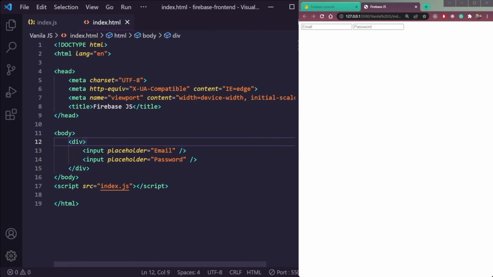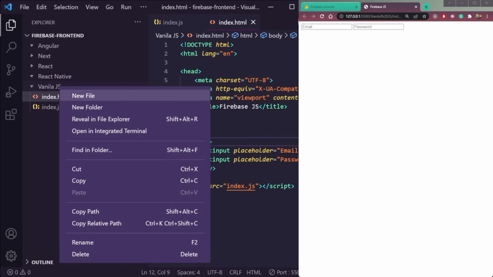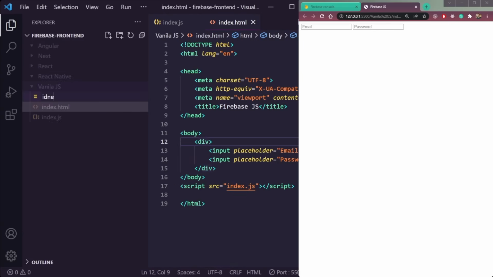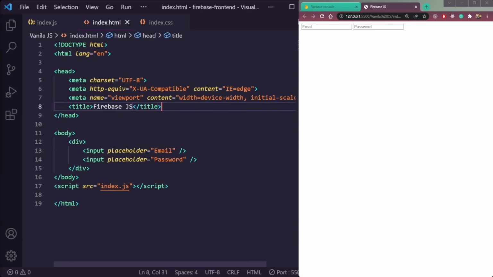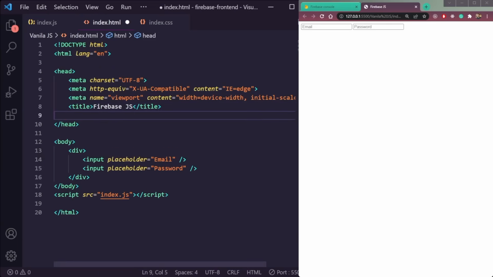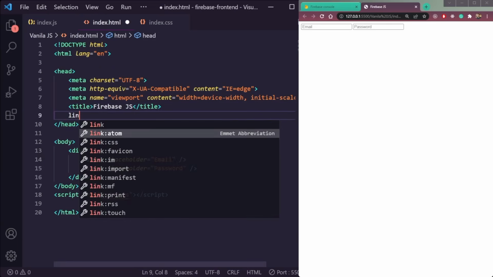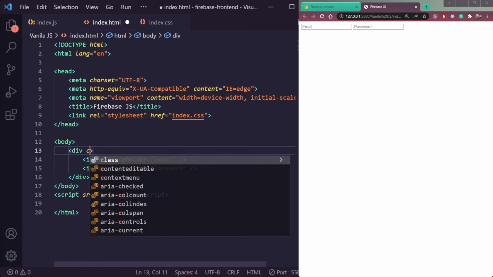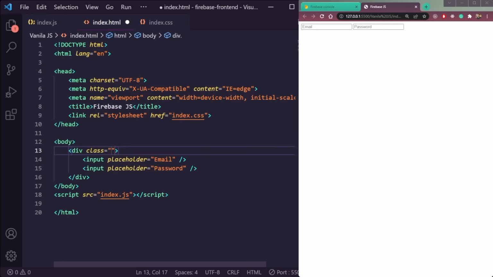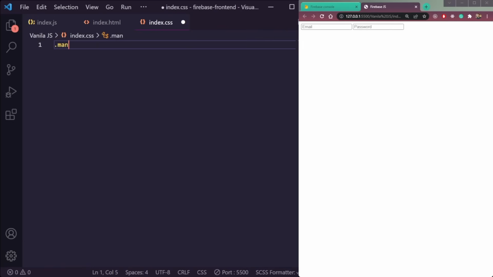Let's give them a styling. So create one CSS file as well here. So this should be index.css, simple, and link the CSS here. So we can just say link CSS and index.css. Save. So give this div a class of, not class name, let's say main, and here in the CSS we will just say main